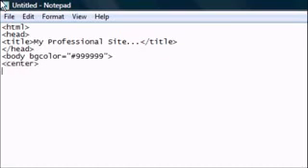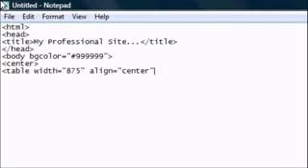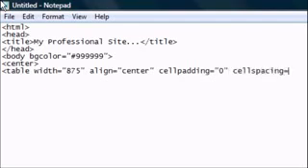And then we'll have a centre tag and we're going to open a table. We're going to have the table width the same as the banner, so 875. And we're going to have the alignment in the centre, and cell padding equals 0 and cell spacing equals 0. And once you're happy with this, close that tag and open the TR and the TD